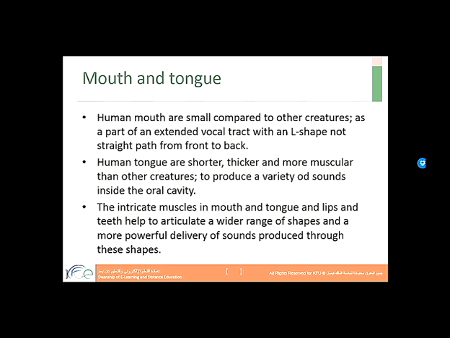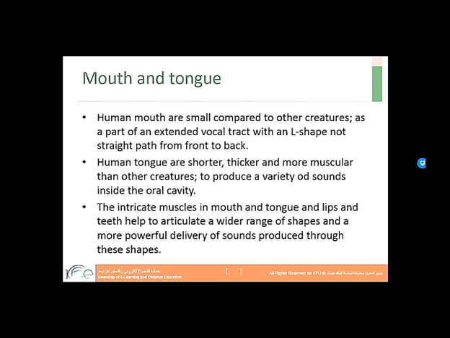A human tongue is shorter, thicker, and more muscular than other creatures'. What's the reason for this? That's to enable humans to produce a variety of sounds inside the oral cavity. The oral cavity is like the chamber for producing most sounds.